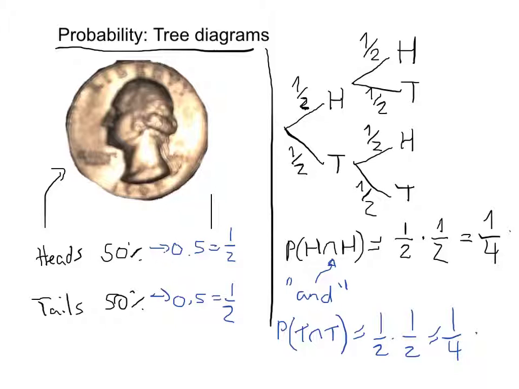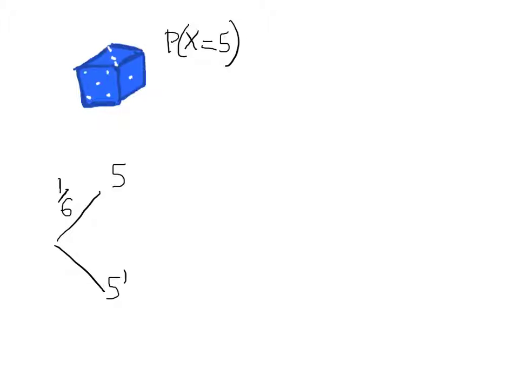Let me now do the same thing with the dice. Well, if I have this dice, and I want to analyze the probability of getting a 5, well, two things can happen when I throw the dice. Either I get a 5, or I don't get a 5. Please note this notation here, we call it a complementary, which is simply the opposite. The chance of getting a 5, the chance of not getting a 5. And note that this is what simply is going to happen. The chance of getting a 5 is 1/6, while the chance of not getting a 5 is going to be 5/6. If I throw the dice again,